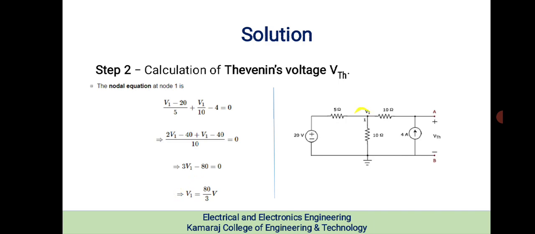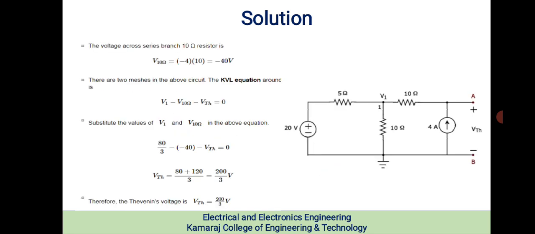So this is the V1 voltage only, not VTH. If we need to find VTH, we need to find another voltage, across the 10 ohm. So the voltage across the series branch 10 ohm resistance: we know the current flowing through the 10 ohm resistance is 4. The negative sign is because the direction of current is opposite. So I am taking minus 4 into 10 equal to minus 40 volt. So here the drop is minus 40 volt in the